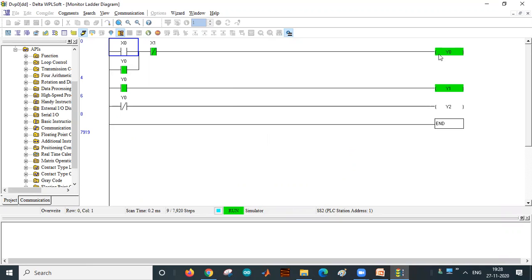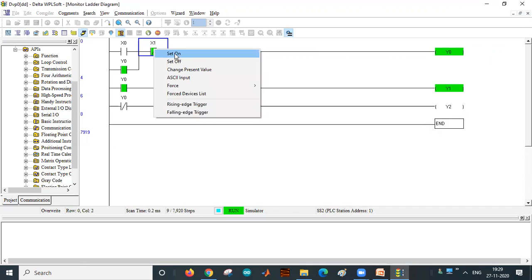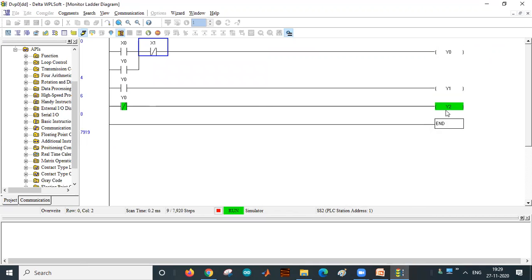When Y0 is on, this Y0 is for the coil, and this Y1 is for the green indicator. So Y0 is the motor. When the motor is running, the green light should glow. When the motor is off, that means when you press the stop button, the motor will be off, then the red light will glow.